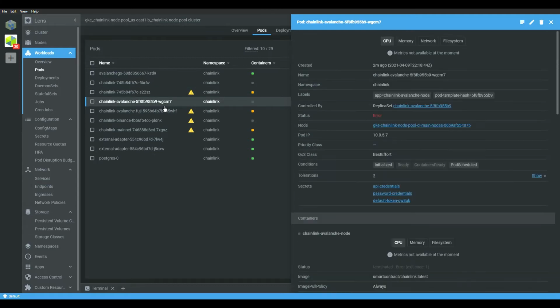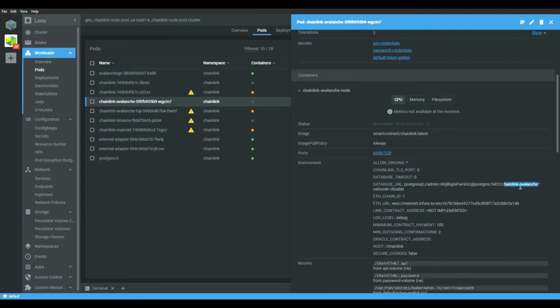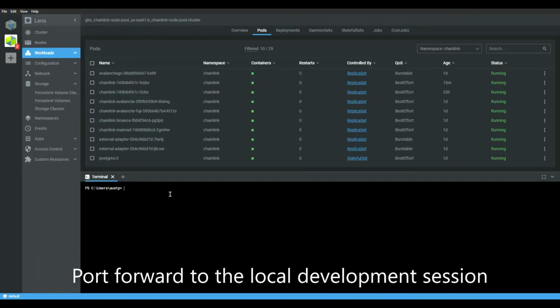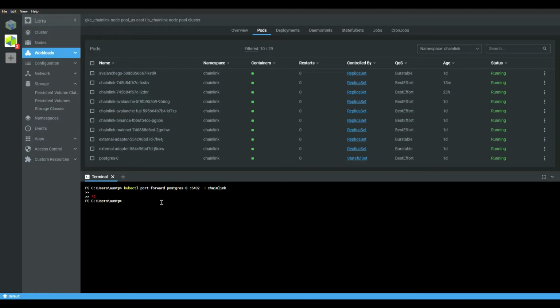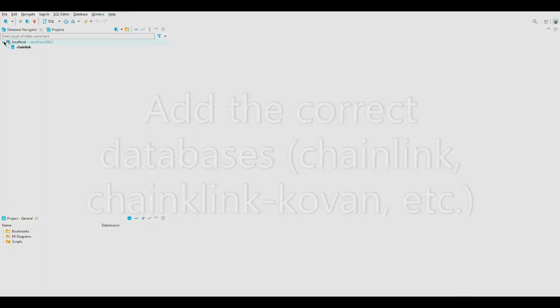When you first start your cluster, you will notice unhealthy pods. These are remedied by going into the Postgres DB and manually adding a database for Chainlink Binance, Chainlink Coven, Chainlink Avalanche, and Chainlink Avalanche Fuji. There is a setup script in the Postgres deployment to handle multiple database setups, however, it has had to be